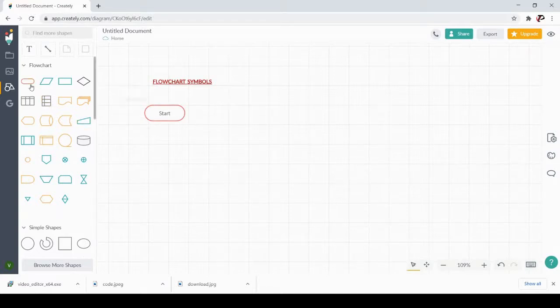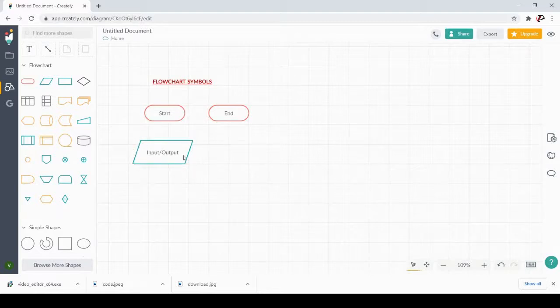Similarly, if you want to end the flowchart, you can use the same symbol, whereas inside that particular symbol you can mention, instead of start, end or exit. So the start represents the start of the flowchart and the end represents that it has ended the particular flowchart. The next symbol is input output. Say if you want to receive any input from the user or if you would like to display something to the user, this parallelogram symbol helps to do that particular purpose.